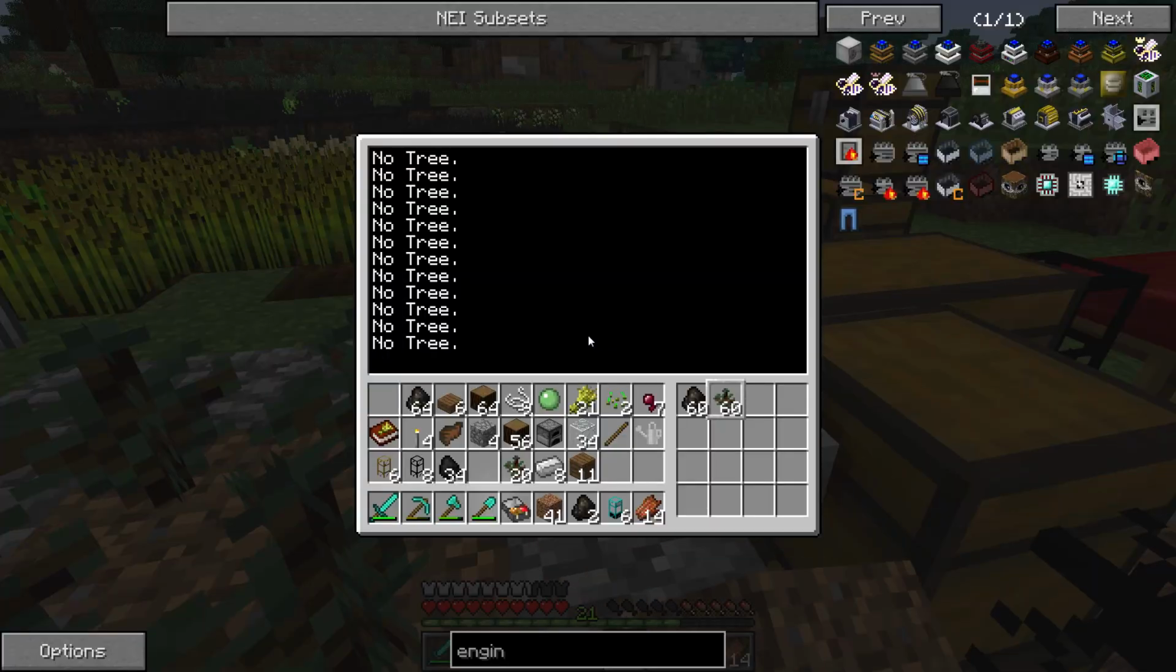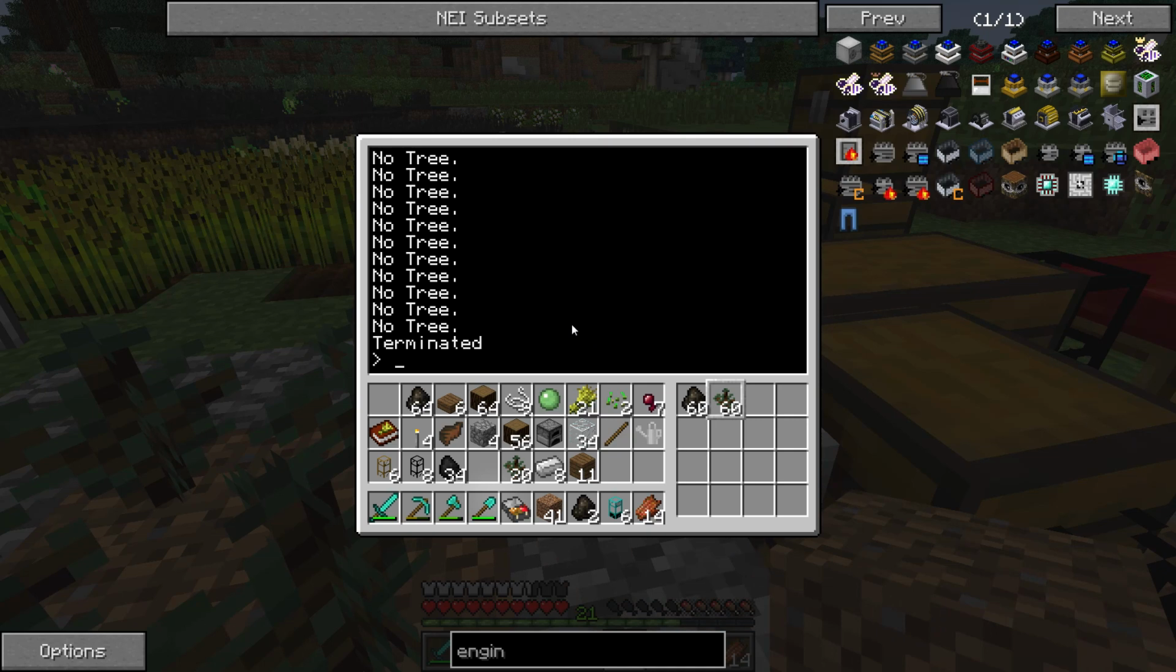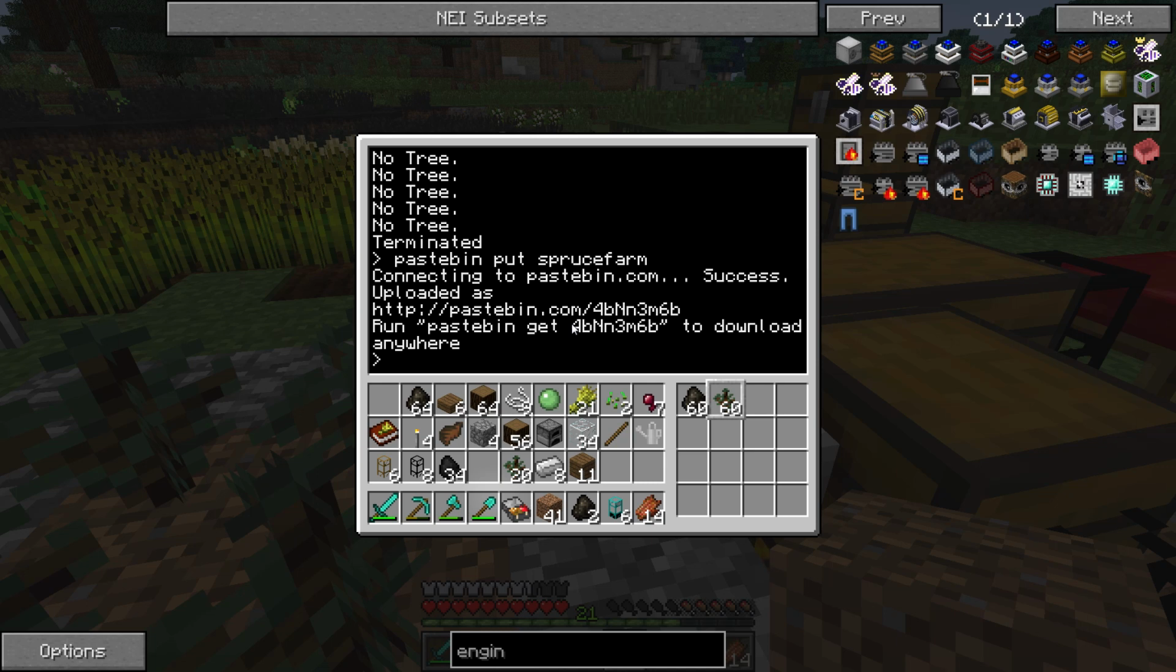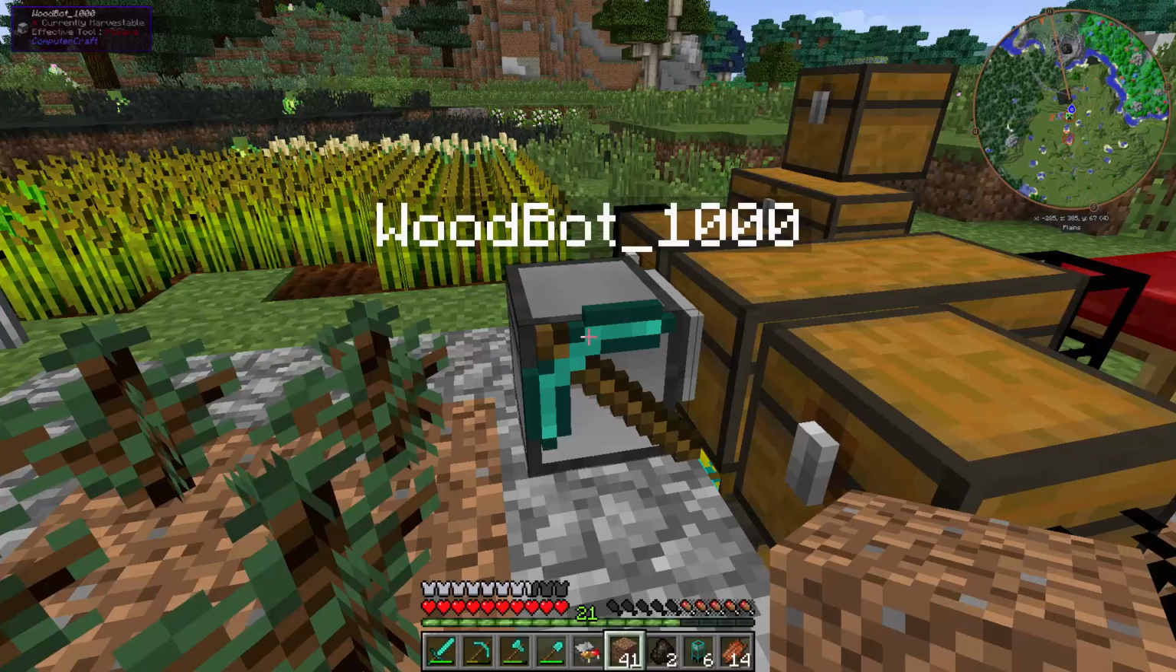Oh yeah, I almost forgot. I wanted to upload this program for you guys. So we'll do pastebin put spruce farm. There we go. So you guys can just type in pastebin get, for lowercase b, capital N, lowercase n, 3, lowercase m, 6, lowercase b, and then you guys can get this program for yourself